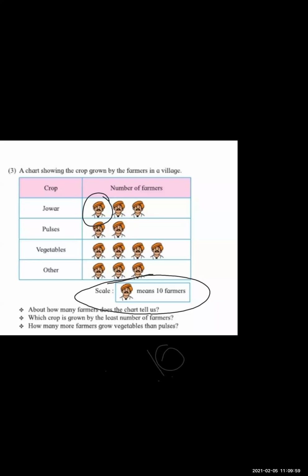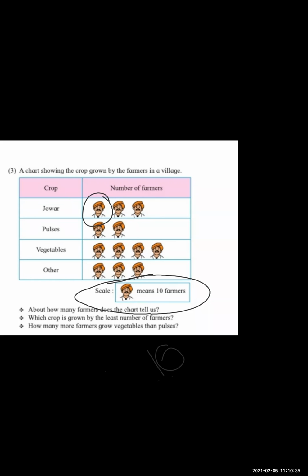When the paper is in front of you, you want to check the pictograph. You want to check the graph. In the graph, some information is given to you, like scale. Then read the question carefully and write the answer. If scale is not given, it's very easy. Without scale, it's very easy to solve. In the exam, they are asking both types of questions, without scale and with scale. Don't be confused. Clear, everyone?